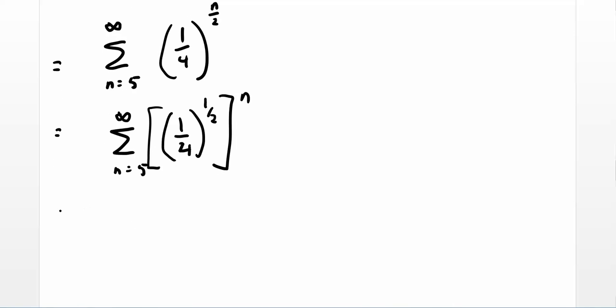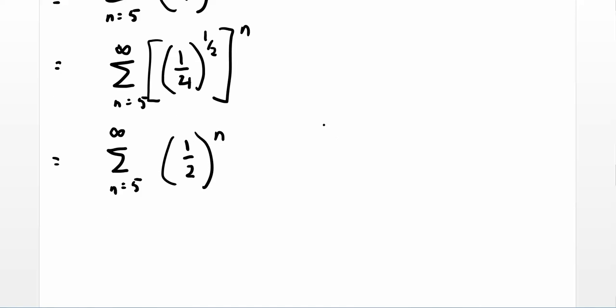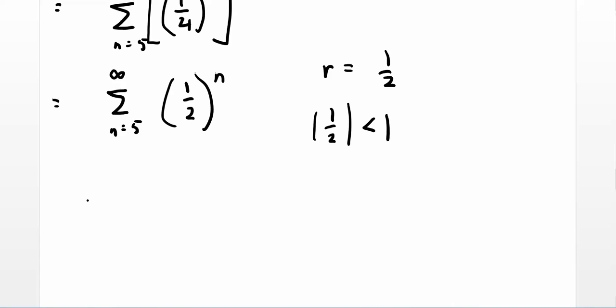And then the square root of 1/4 is just 1/2 to the n. And so our r is 1/2. The absolute value of 1/2 is less than 1. That means our series converges